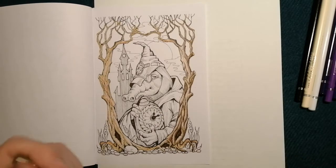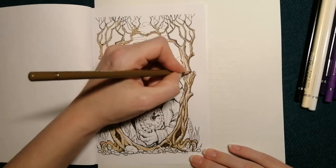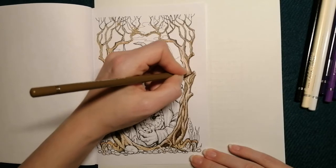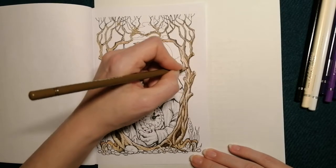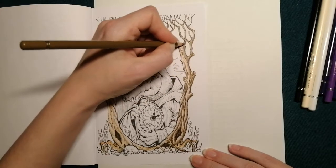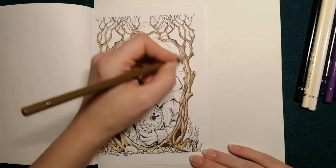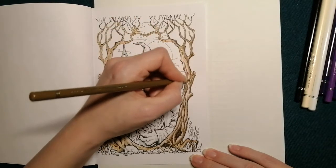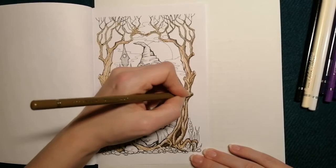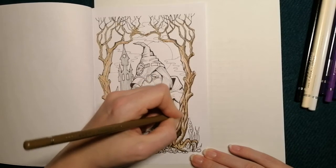So I'm going to come back in with the raw sienna, and I'm now just going to run that along that brown edge. So I'm again just starting to blend and merge these browns together now. I'm preserving lighter spots of that original layer of wood, but now just starting to build up into those darker